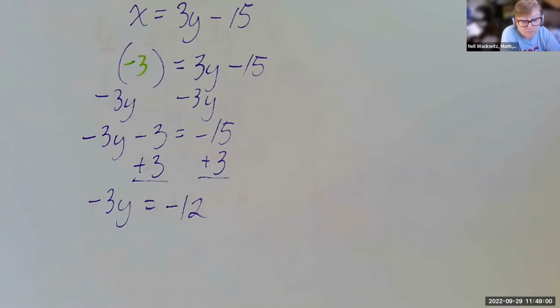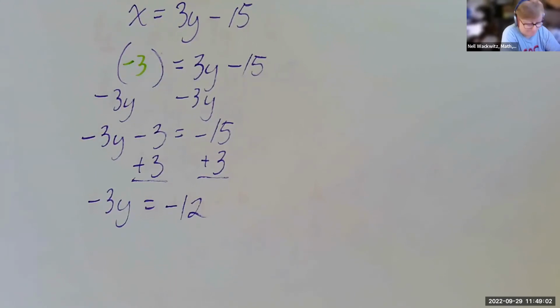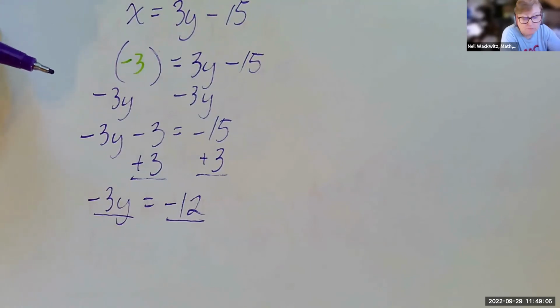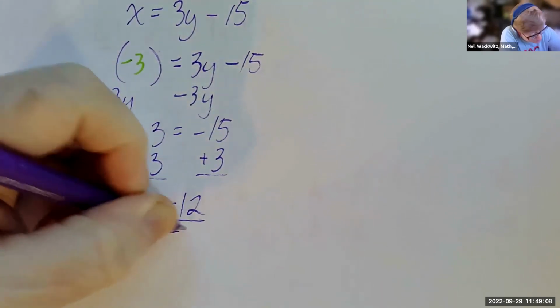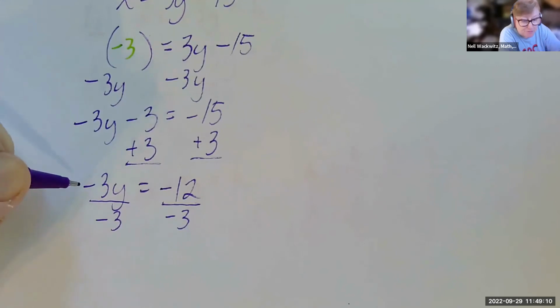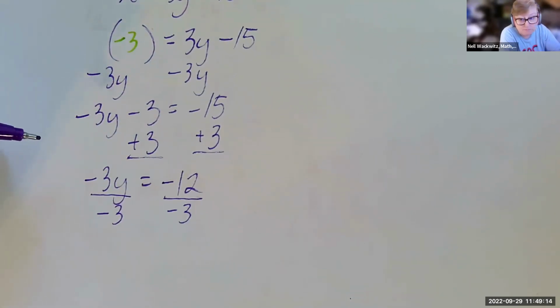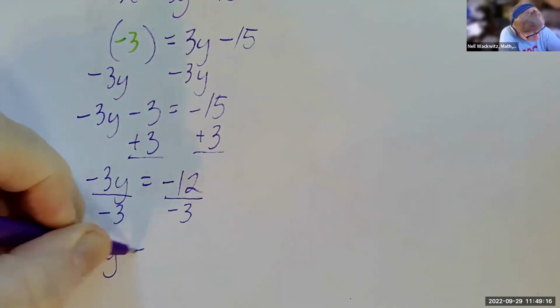We would divide. Good. And what am I dividing by? -3. Marvelous. -3y divided by -3 is y equals